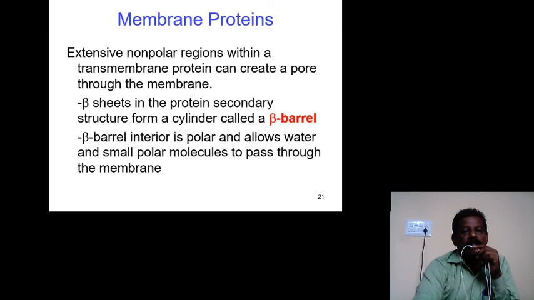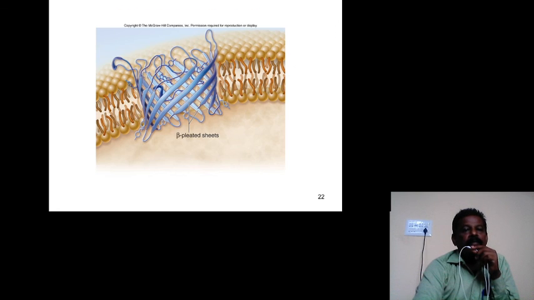Membrane proteins have specific secondary structures, namely beta pleated sheets and so on. This is the structure of a transmembrane protein present in